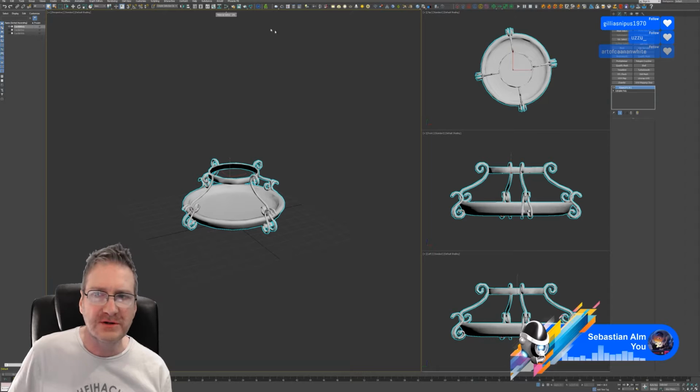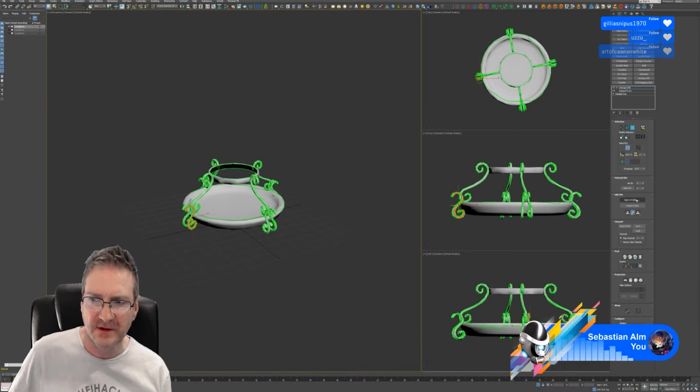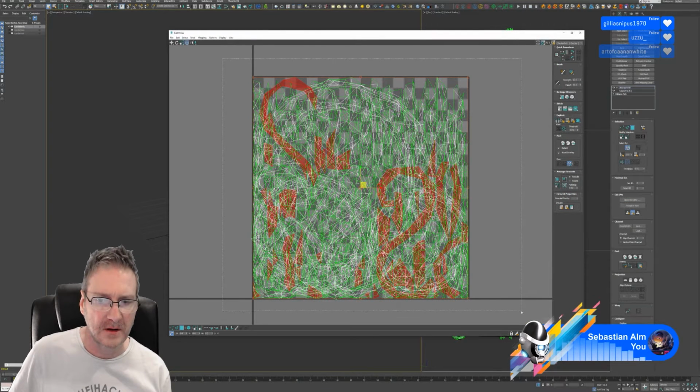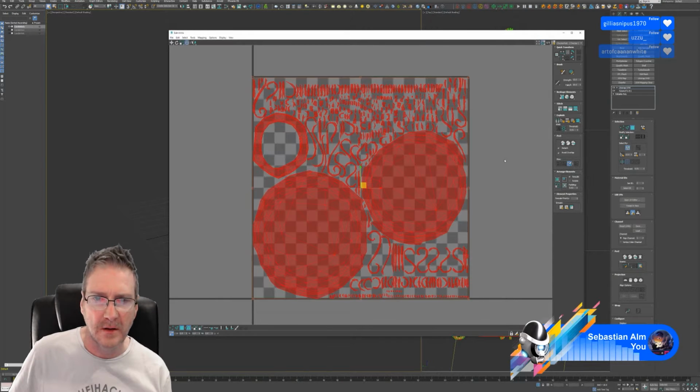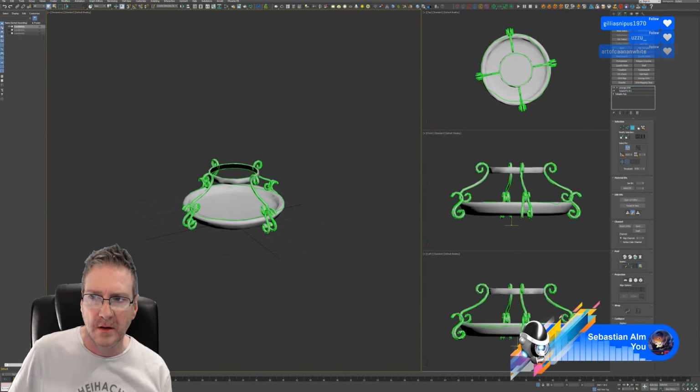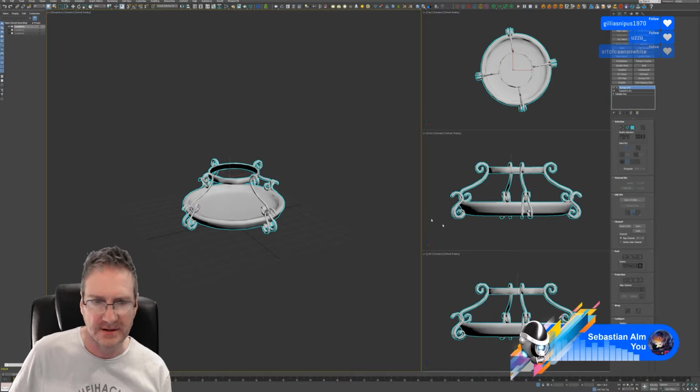And I'm just going to throw an unwrap UVW down and get Max to do a pack on everything. And let's just double check our texel density.